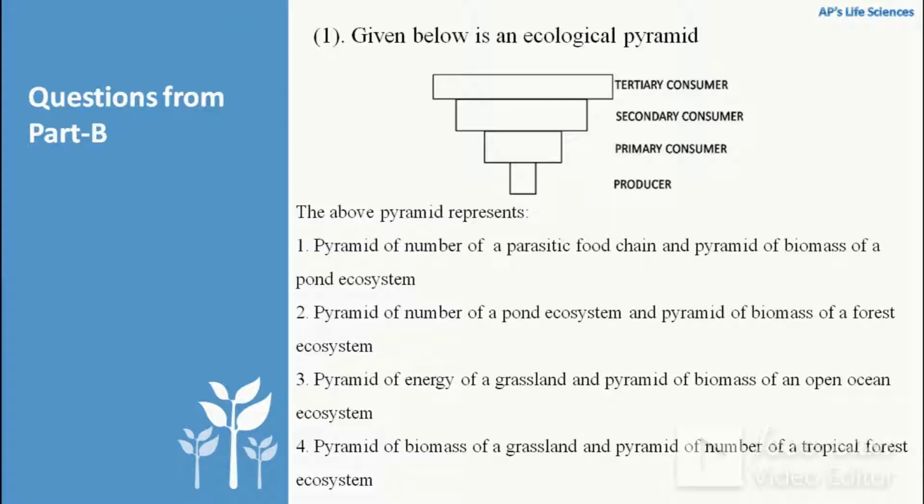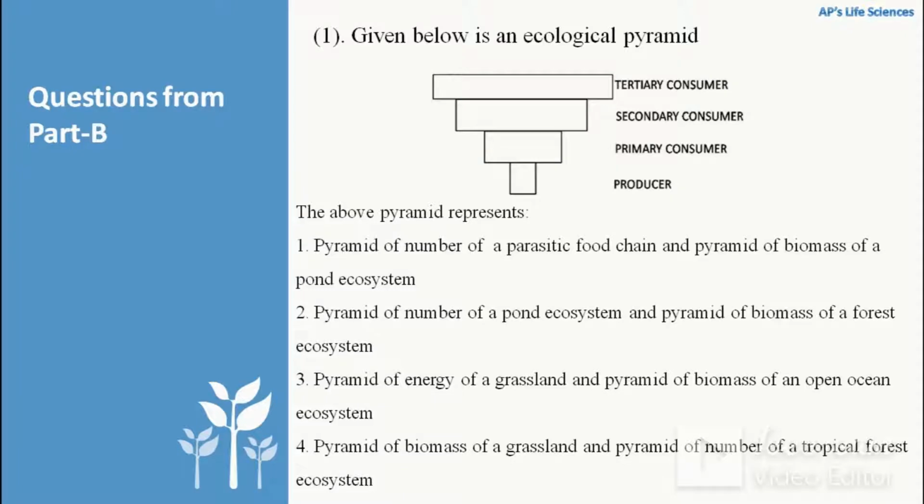in pond ecosystem is also an inverted one because the producers have low biomass as compared to the carnivores or the top consumers. So in aquatic ecosystem, the pyramid of biomass is also inverted. So in this case, the first option is the correct one. That is, this image represents the pyramid of number of parasitic food chain and pyramid of biomass of